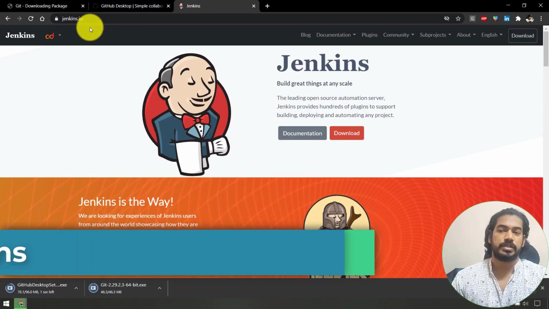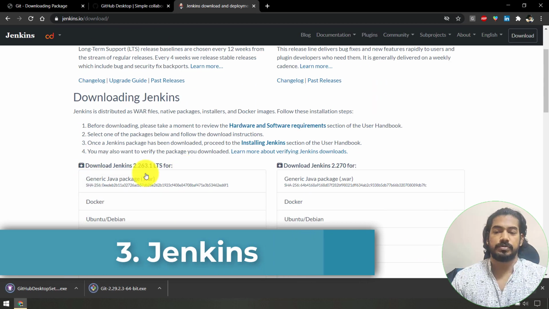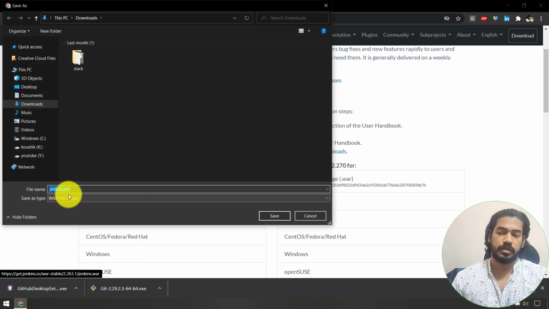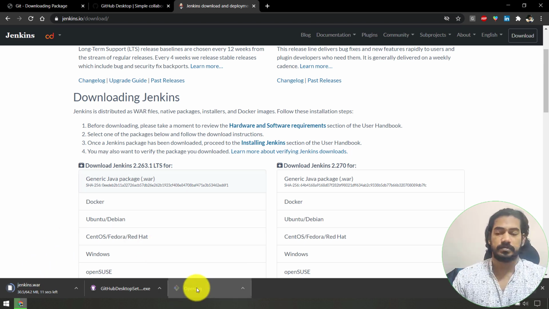and then go to jenkins.io and click on this download. And here we are going to use this war file. War file is nothing but a web archive. So just click on this. This is going to download a file with the war extension. Just save it in the download folder. Okay, let the download complete. Till then, we can open this Git Bash first,